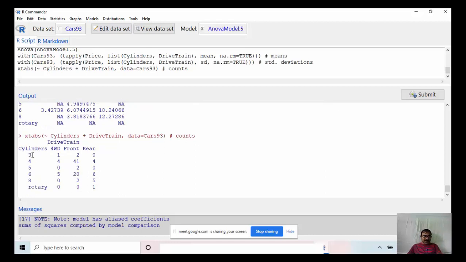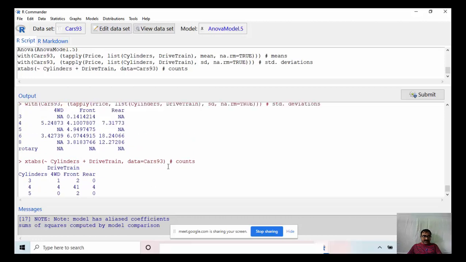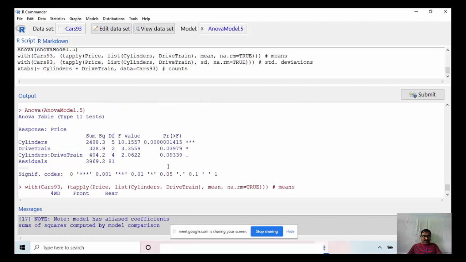So here three cylinder four wheel drive has only one car, three cylinder front has two, four cylinder four wheel drive has four cars, and so on. So this is the output, and there is no significant difference in price variation between the cylinders and also the drive train.